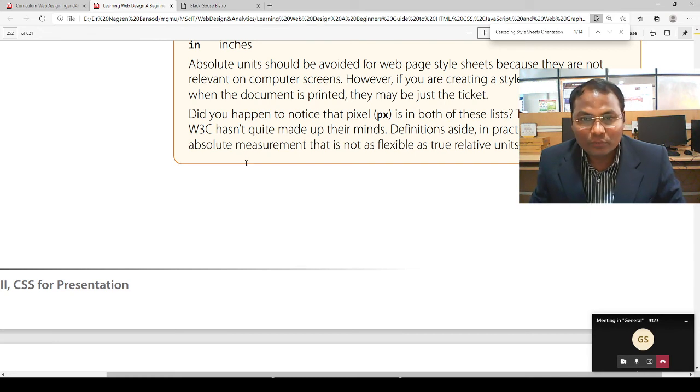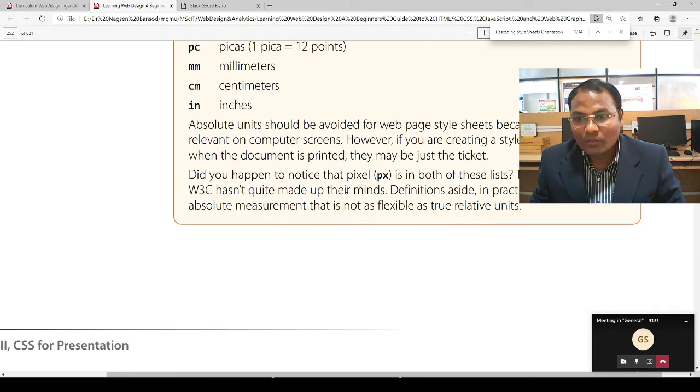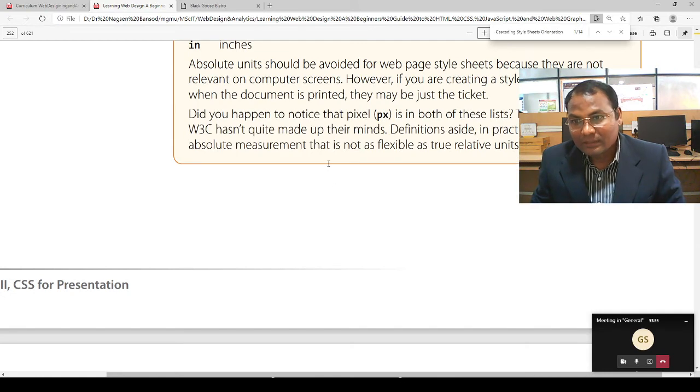Did you happen to notice that pixel, PX, is in both of these lists? PX is in both lists, because the W3C has not quite made up their mind.